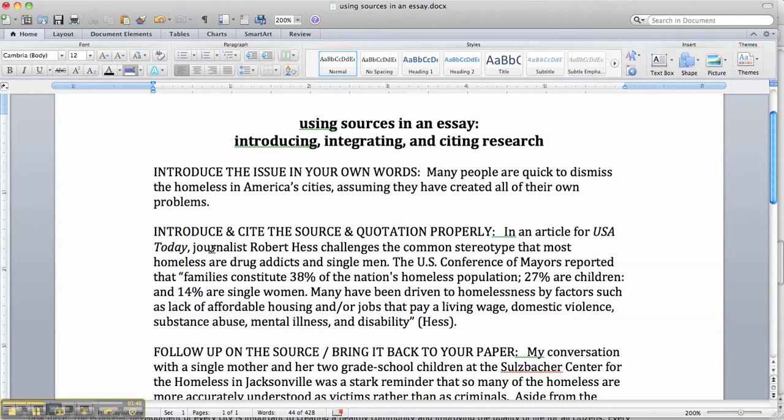Then you want to introduce the source and introduce the quotation properly by blending it into a sentence of your own. I'm going to set the source up. I'll tell the reader what this thing is, an article for USA Today. Something that's going to explain what this thing is and to warn the reader that we're about to bring in a source, that it's not going to be your voice anymore. It'll be something else. Then I'm going to identify the author also. In this case, it's a journalist, and I'll just give his name. Journalist Robert Hess. In an article for USA Today, journalist Robert Hess challenges the common stereotype that most homeless are